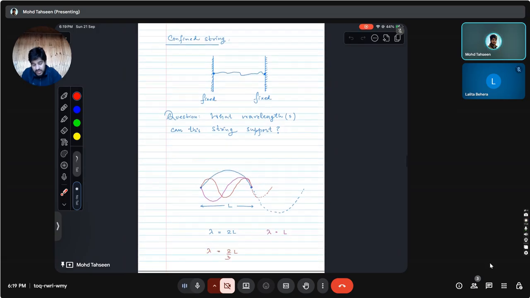And this discretization, this is what's called quantization, okay? Now what's the relation between a string and an electron? Because we were discussing electrons. The analogy is that if we consider these electrons as quantum mechanical particles, then we can ascribe a wave function to them and then describe their behavior using this wave function.